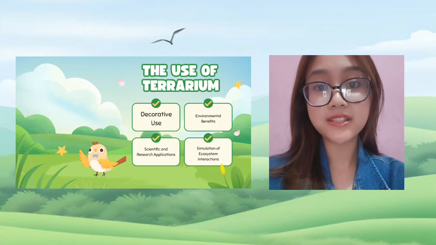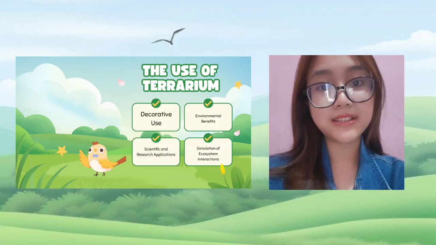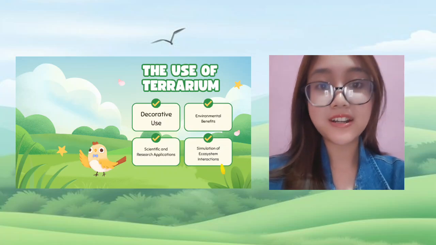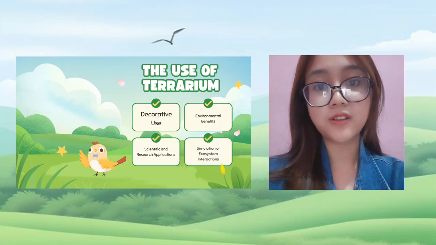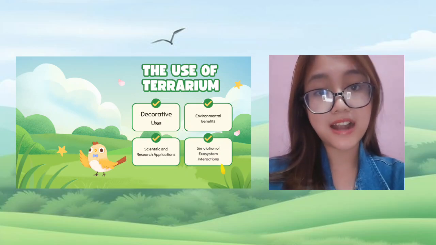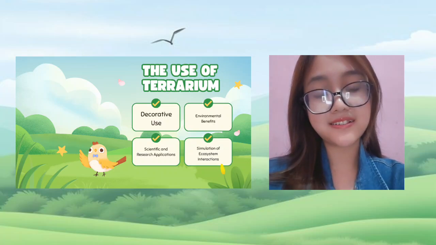They can improve air quality by filtering toxins and releasing oxygen. Additionally, they help maintain indoor humidity levels, which is especially helpful in dry environments. Terrariums are also a great model of a closed-loop ecosystem, where natural cycles like water and air are self-contained and reused within the system. Third, in science and research, terrariums are used in experiments related to plant growth, microclimates, and ecological